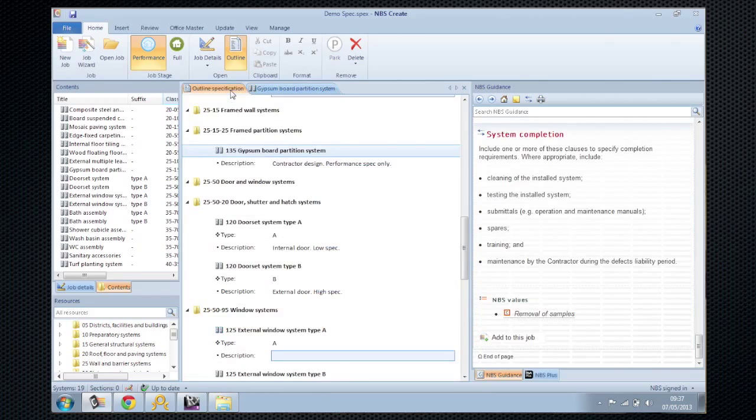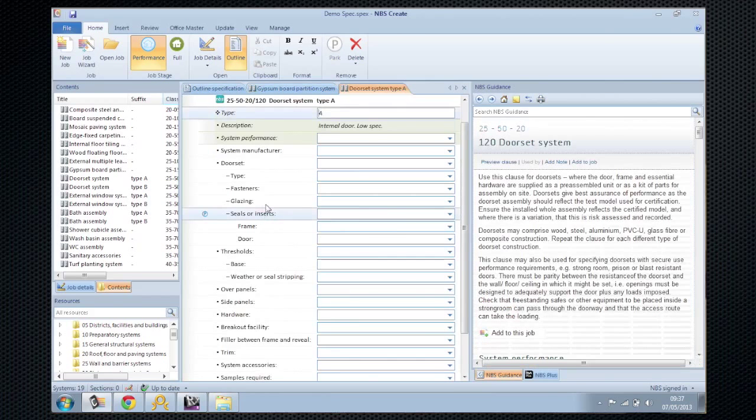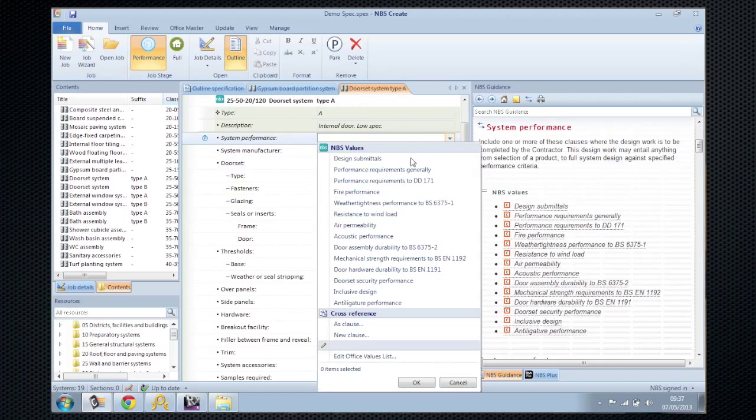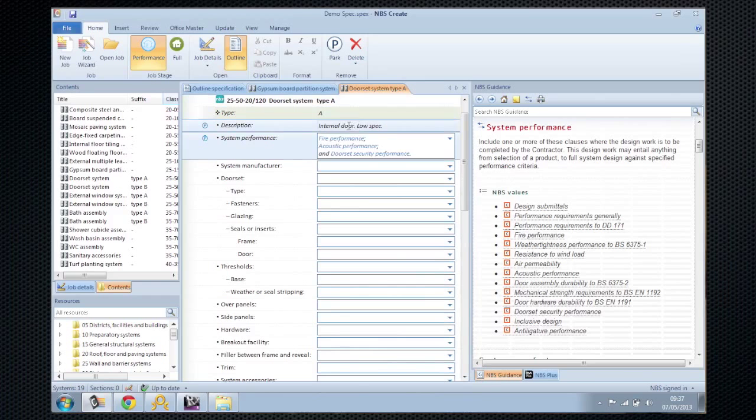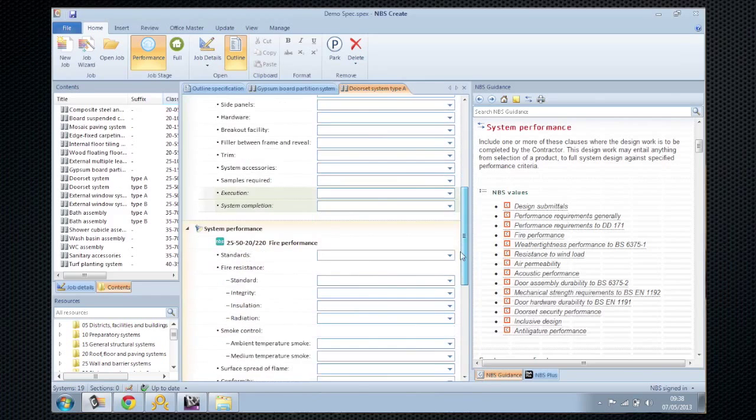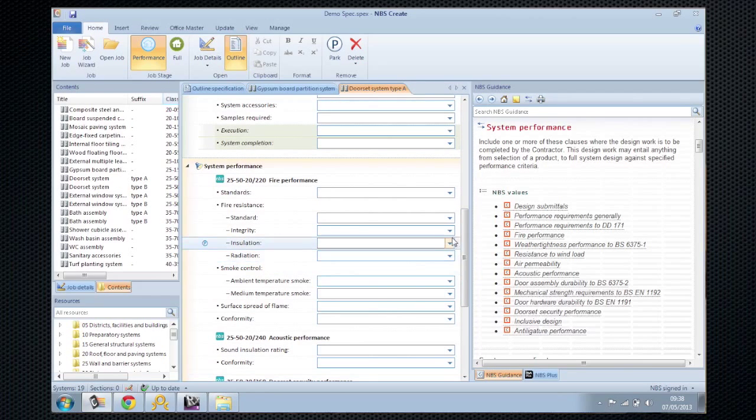Let's just jump across to the door and see that in a little bit more detail. What I'm going to do for the door set is specify both the internal door and external doors in terms of their fire, acoustic and security performance. So here I am in door set type A. I can see the brief coming through saying it's the internal door, it's got to be low spec, and I'm very quickly going to now just add